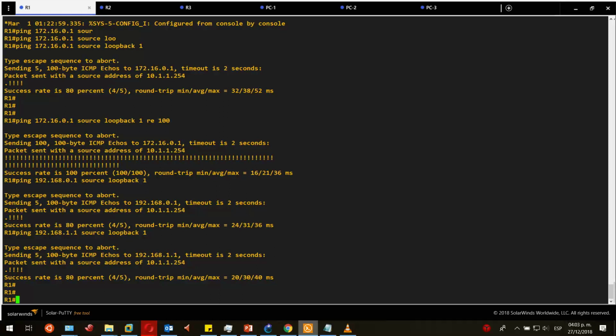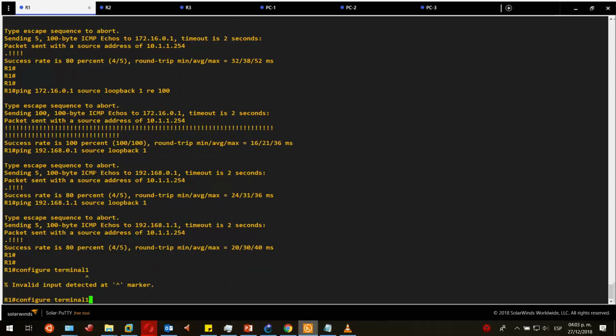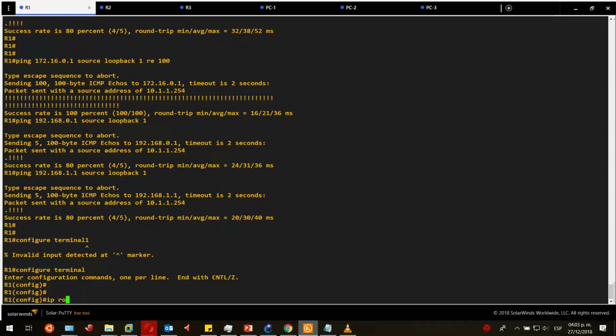In this case, I will be configuring a static route summarizing the last 2 networks, which is 192.168.0.0 and the 1.0. So let's do it. Configure terminal. IP route